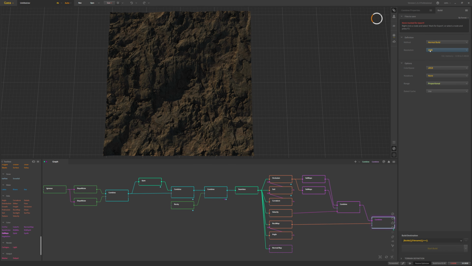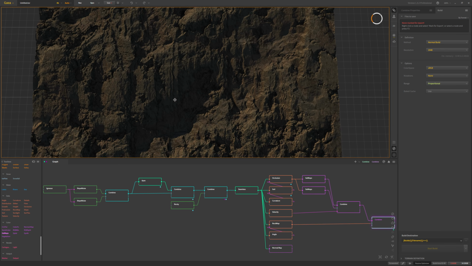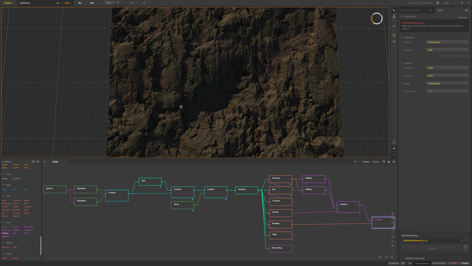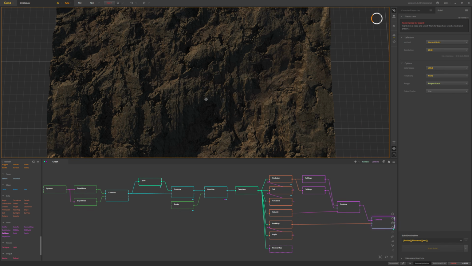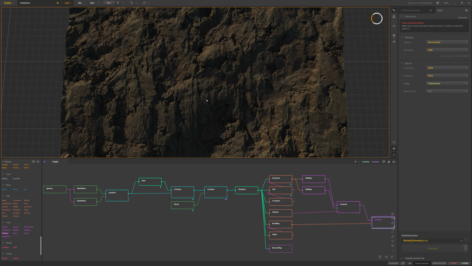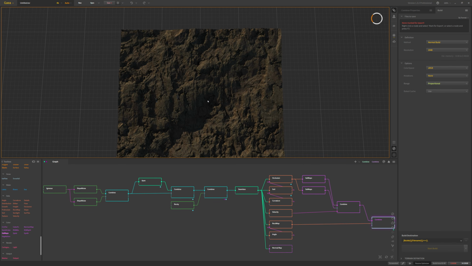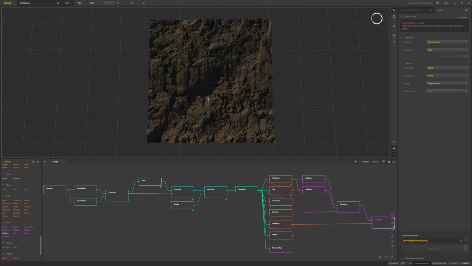And usually I write it out at like 8K resolution or 4K resolution and then scale it down to what's needed for your game or your scene, depending if you're rendering it or having it run in real time. But this gives us a really easy way to generate high resolution, organic ground or rock cliff textures that are seamless in a pretty quick amount of time and really customizable as well. So it works quite good for giving you a nice library of textures or patterns that you can use for